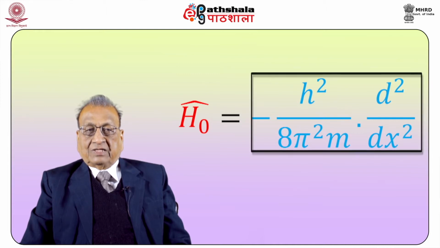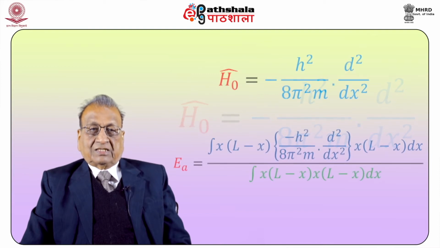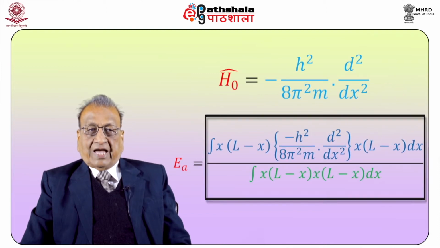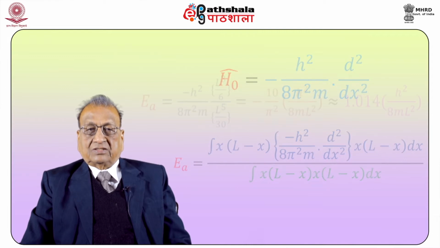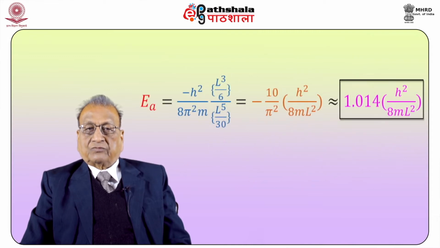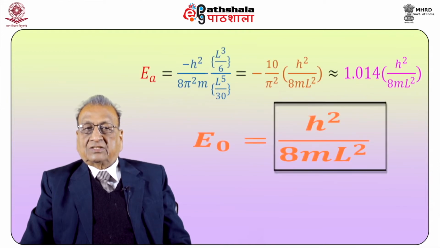Now writing the expression for the energy, we obtain this expression, and when we solve this equation, we note that this gives us energy equal to 1.014 h square over 8 m L square, where we know when we exactly solve the Schrodinger equation for this problem, we find that the ground state energy is equal to